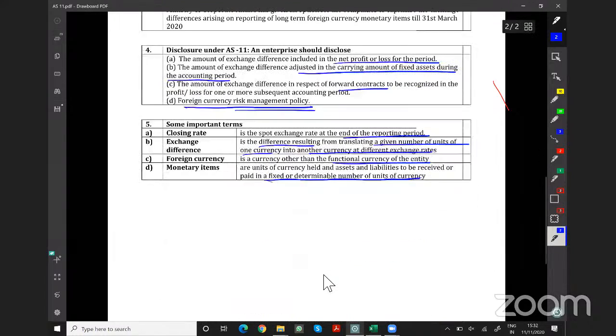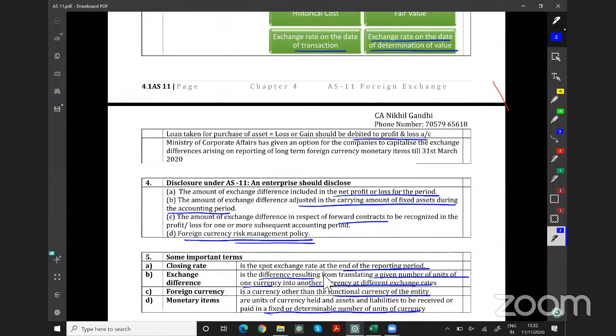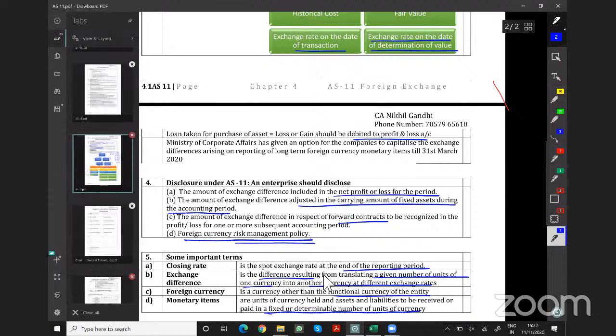So AS 11 is completed here. We will jump to our next accounting standard. We will jump to AS 12. Then we will jump to AS 15. So in case of AS 12,